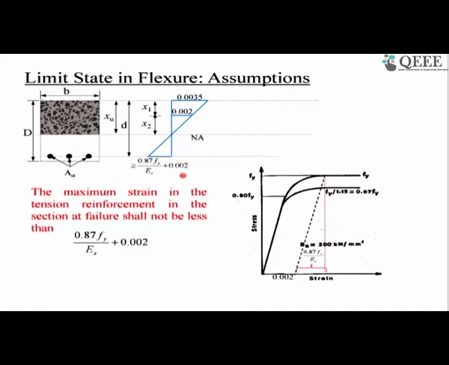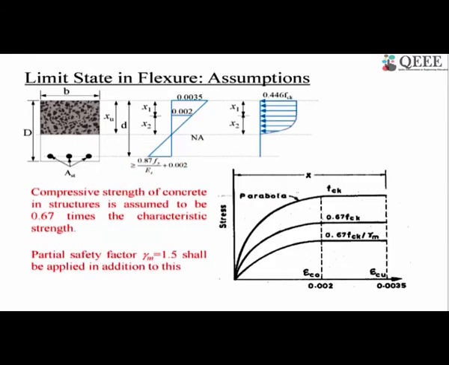For the time being, take it for granted and put a star mark here. We'll come again to this assumption, why it is shall not be less than this value, and why it is not exactly this value. We'll come to this again. For the time being, take the assumption for granted that this strain should not be less than this value. So it should be greater than this. Next assumption is